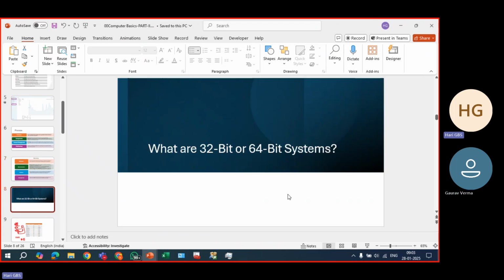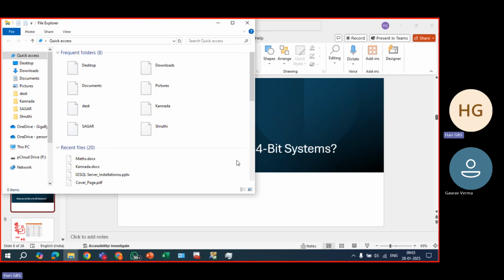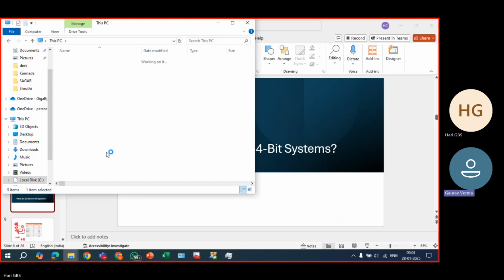Now let's come to 32-bit and 64-bit systems. Have you heard of these terminologies? Yes, I heard. According to you, what is 32-bit and what is 64-bit? I don't have any idea on this actually. I just saw and heard. But in olden days, every computer was 32-bit. Nowadays, we are not seeing 32-bit operating systems. So if you open the C drive,